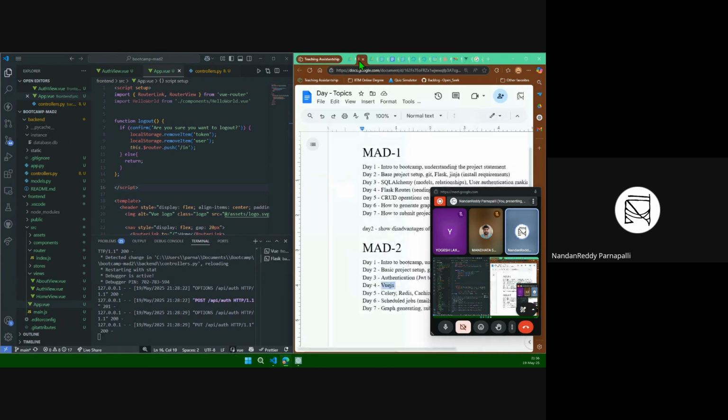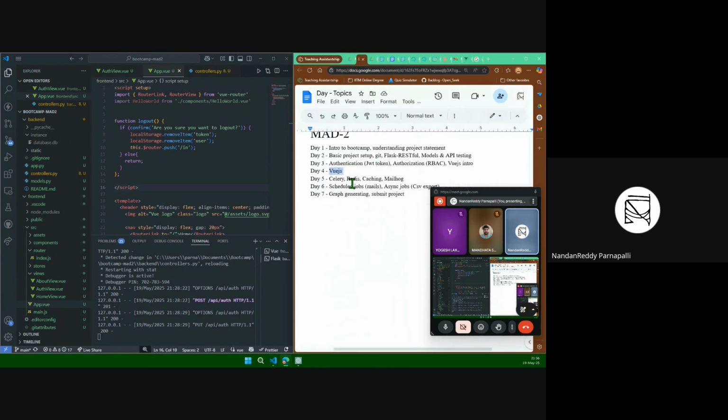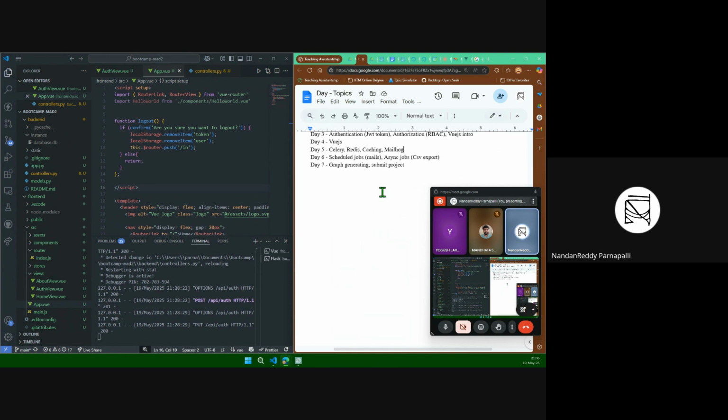So let's check the day planner. Okay, so we just took a lot of time. So tomorrow we will give a brief introduction about Celery, Redis, caching, and MailHog. We'll be doing all of them in a single run. Along with that, before that I will explain what is Pinia, Vue.js Pinia. So just a brief introduction. Tomorrow we'll just give a brief introduction about Pinia, how to store current user info,